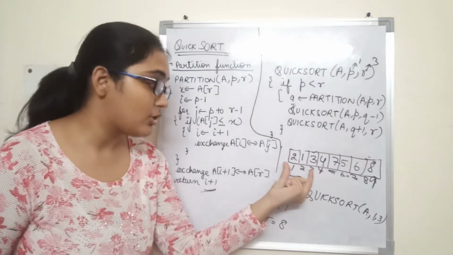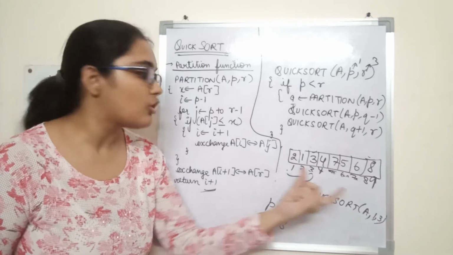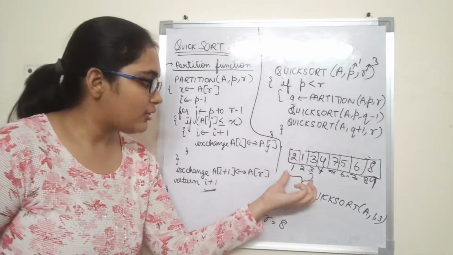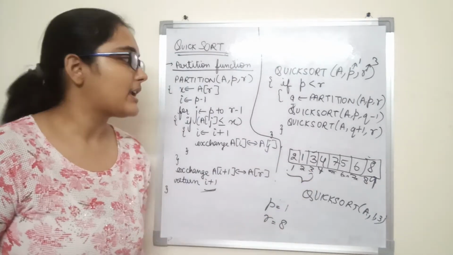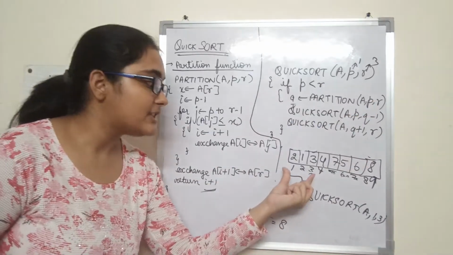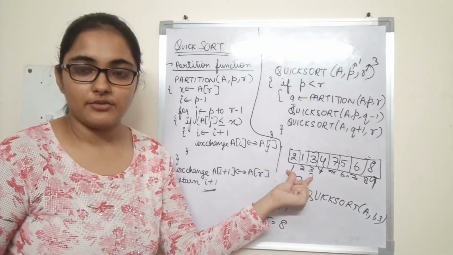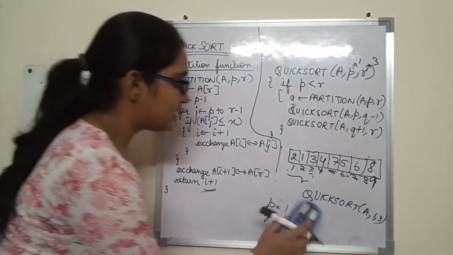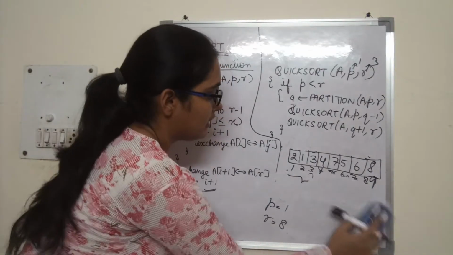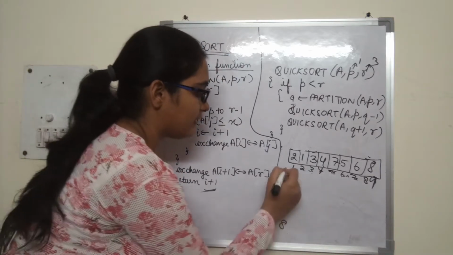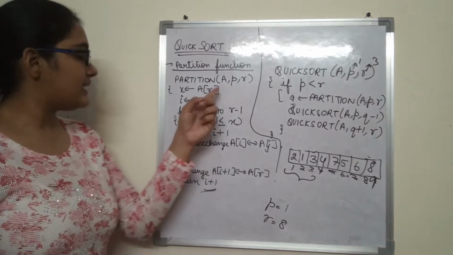That is, first we will call quicksort on this part and then we will call quicksort on this part, right? So now when we are calling quicksort on this part, let us see what happens. Now P is less than R, so Q is equal to partition(A, P, R). That is, now we are going to partition this sub part of the array, or this sub array, right? So this sub array, quicksort is called, partition is called. Quicksort has already been called on this, right? So partition will be called on this array. Now let us see what will happen.